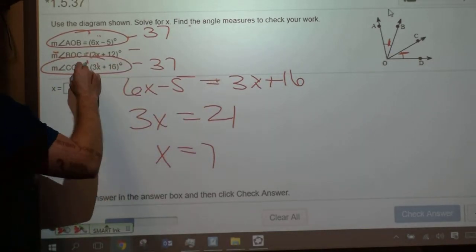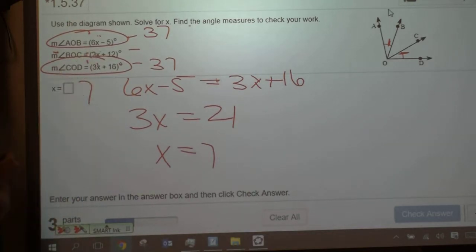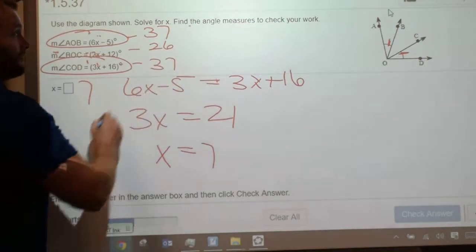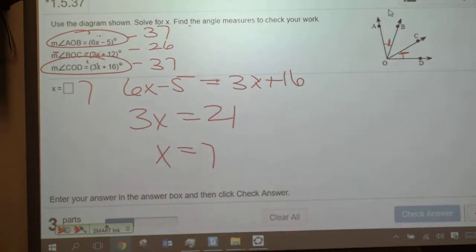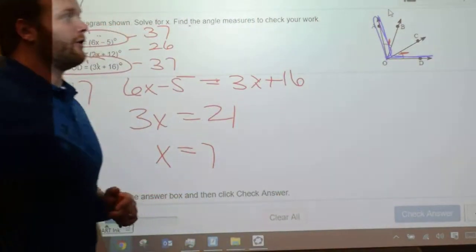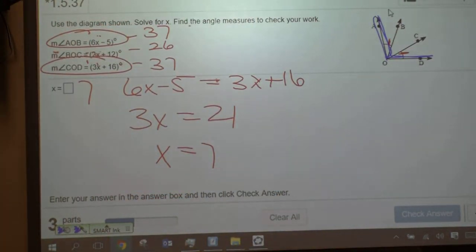Now if I plug in 7 here, 2 times 7 is 14. 14 plus 12, 26. Okay. Once I know those three, would that allow me to find maybe that angle measurement right there, AOD, which would have been the total that we were not told at the beginning? But it's all about looking at notation, and that's kind of the learning curve that exists inside this course,